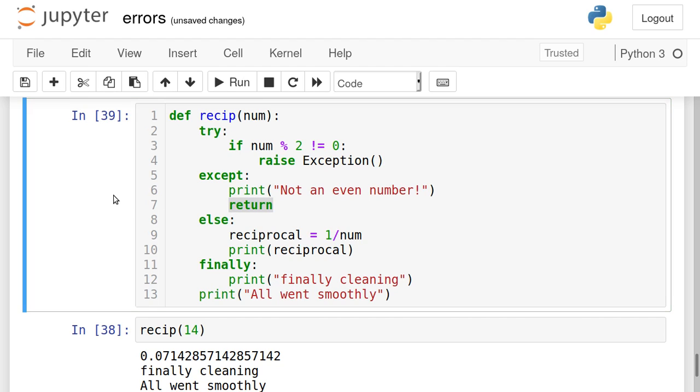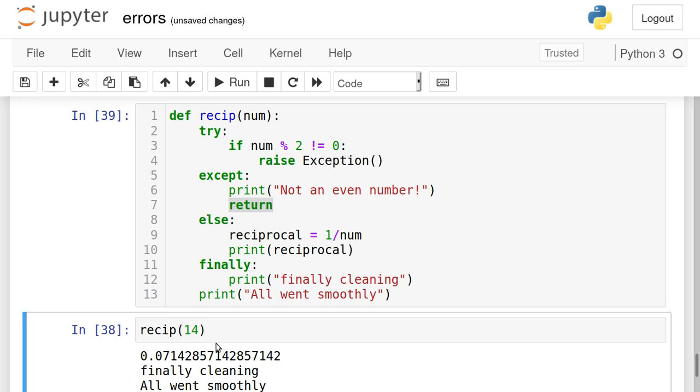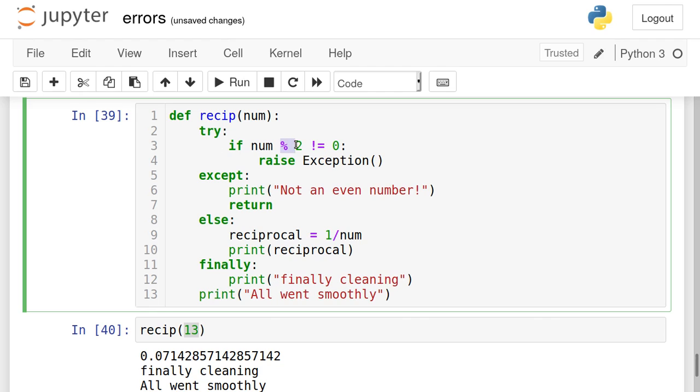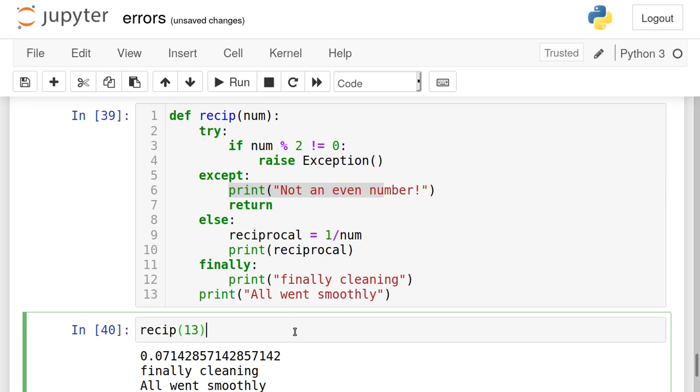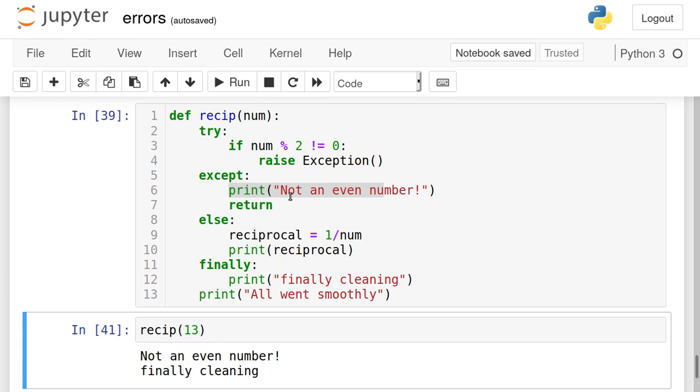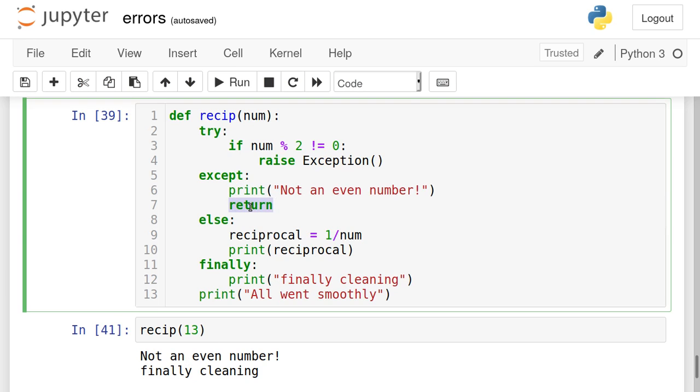Now, let us re-execute the code. If I change this 14 to, say, 13, 13 will not be divisible by 2. So, it should be raising this exception and the code should be coming to the except block. Now, if I execute this, as you can see, "not an even number" is getting printed, and this return is